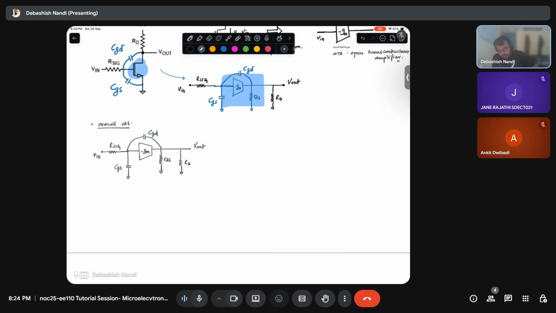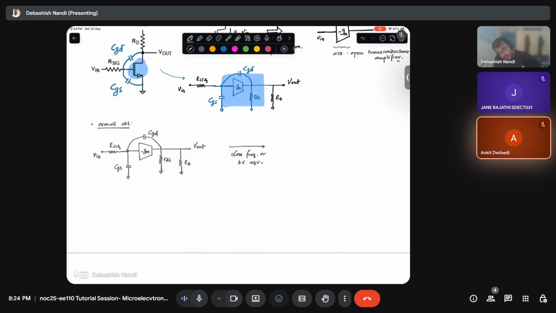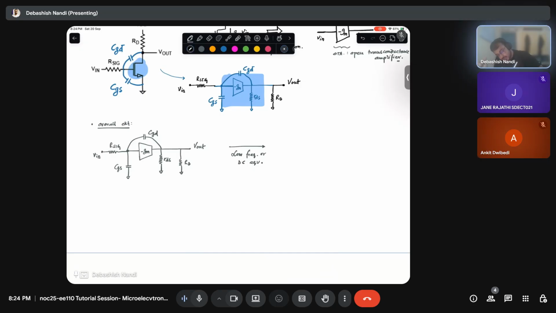So now can you tell me what should be the low frequency or DC equivalent? What will I do with the capacitances? Open circuit. If I open the capacitances,